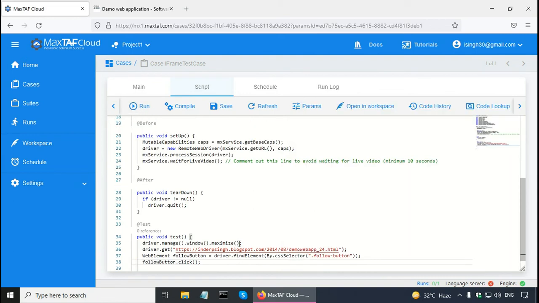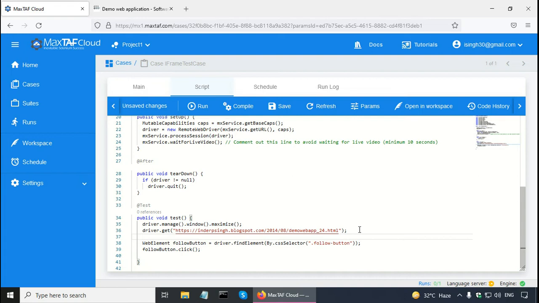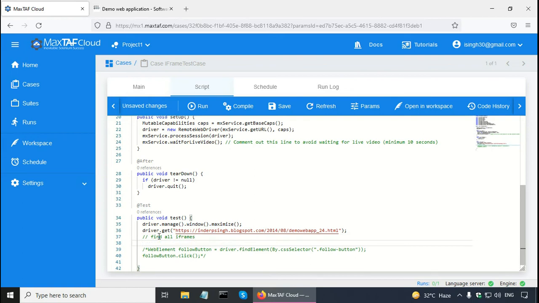Now I want to write the code to explore the frames, because I don't want to look in the page source and figure out what is the locator of the frame I have to switch to. So what I'm going to do temporarily is comment out these two lines in Java, and after driver.get I want to write the code to find all the iframes. So first of all I want to find out how many frames are there on the web page. So I can give int and give my variable name as numFrames, and